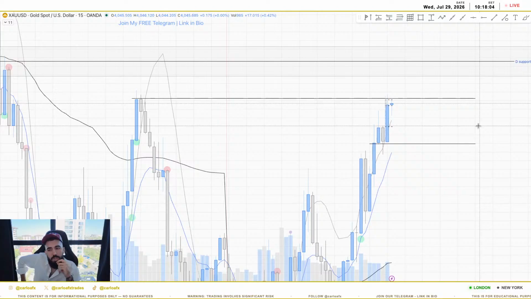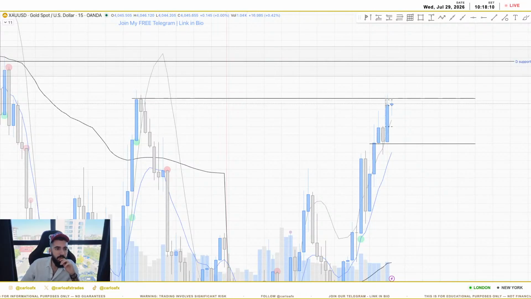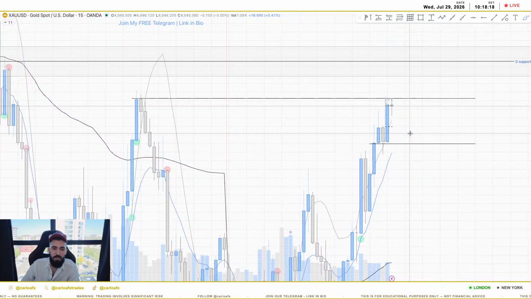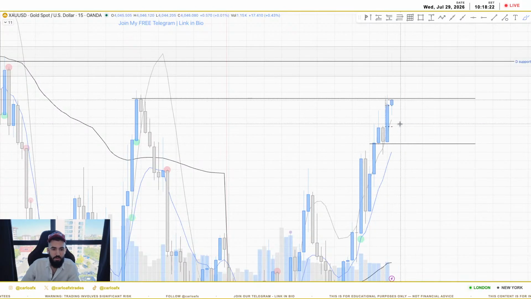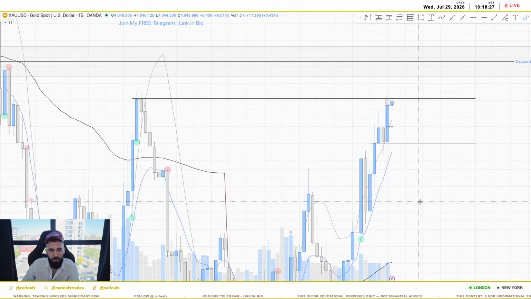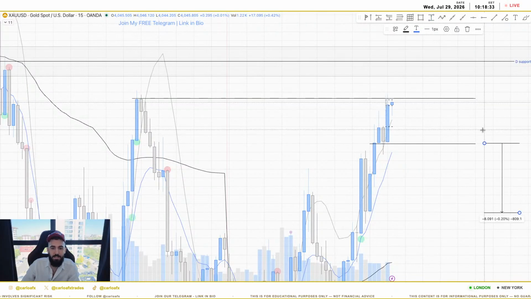We have so much to wait at this point. We need this candle to close bearish, then another bearish candle. I think we need 2 or 3 more candles to see if we can get a support break, a retest, and then go down. And we have a beautiful range too, because as we see right here, we have an 80 pips range.